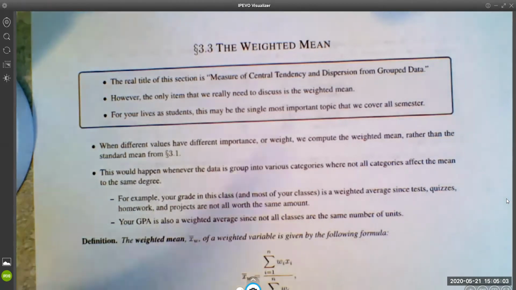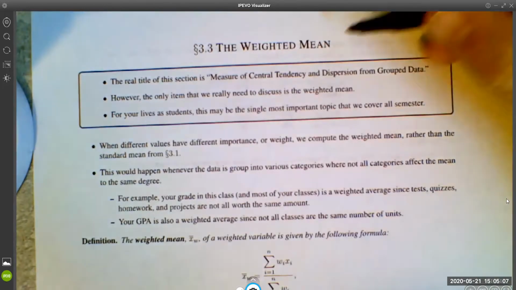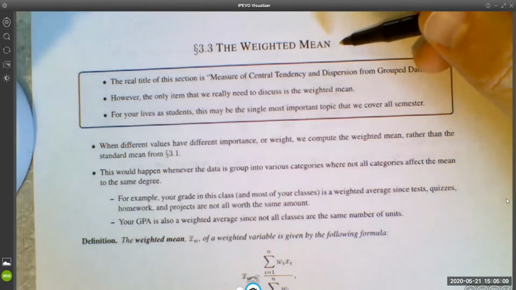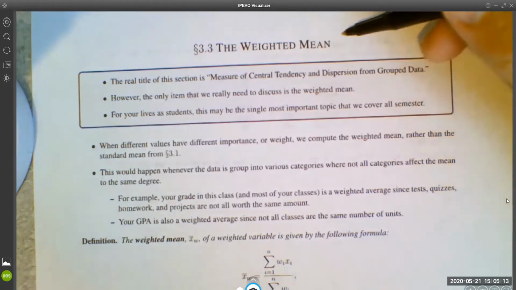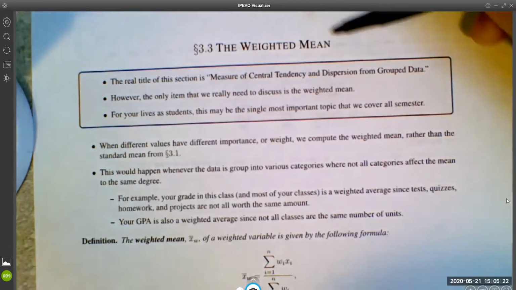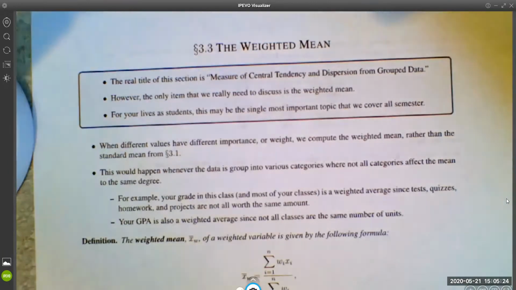This particular section in the textbook covers more ground than just the weighted mean, but the rest of the information is, in my opinion, not terribly important. It's information that you'll see at other points in the semester in ways that make more sense. So I'm just not going to cover it all, but I do want to talk about the weighted mean,